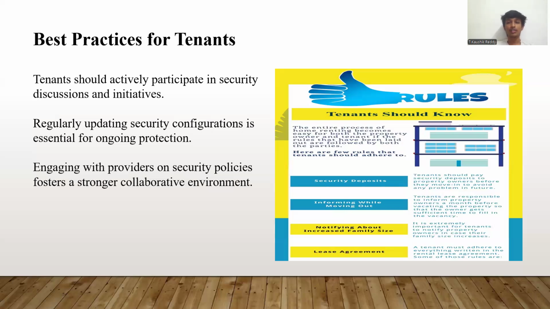Tenants should pay the security deposit to property owners before they move in to avoid any problem in the future. Next, tenants are responsible to inform property owners a month before vacating the property so that the owner gets time to fill the vacancy. It is extremely important for tenants to notify property owners in case their family size increases beyond the lease agreement. A tenant must adhere to and implement everything written in the